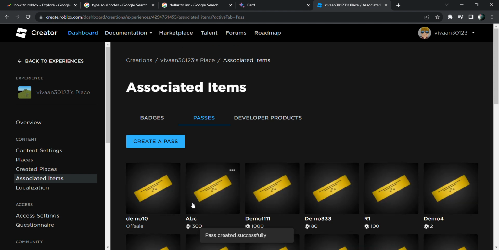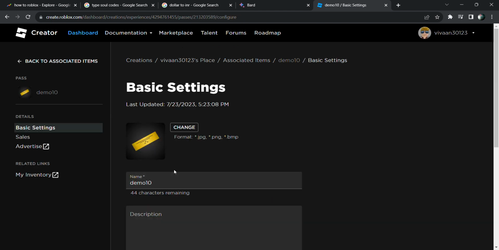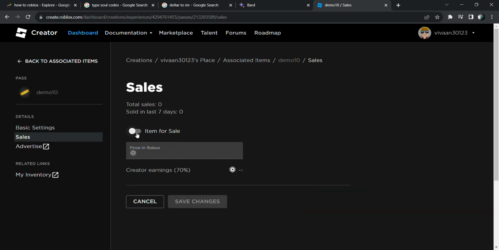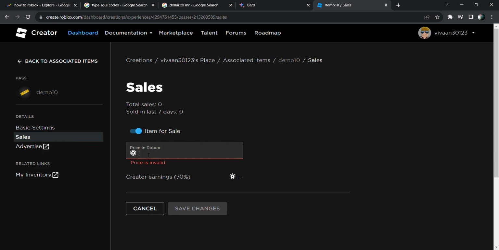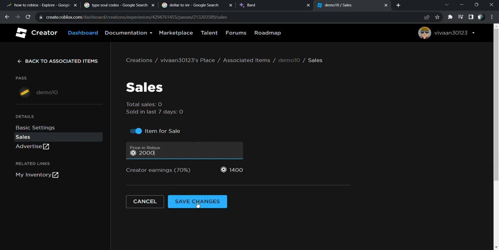Once your game pass has been created guys, you need to click on this newly created game pass, and now you need to click on this sale option and enable it for the sale. Now you can enter the price here, so I'm going to enter 2000 robux. Now click on save changes. So once you click on save changes, now your game pass has been set up for the sale in Please Donate. You just need to open the